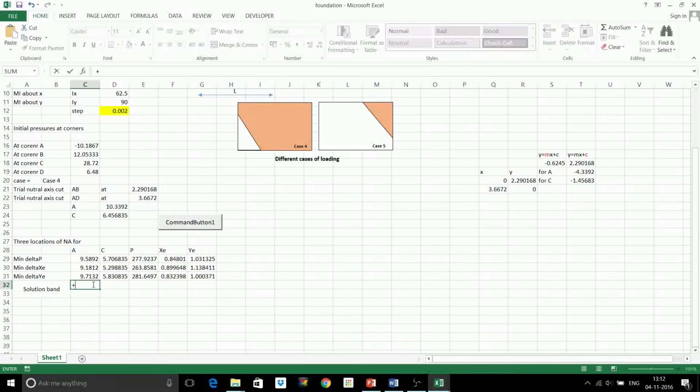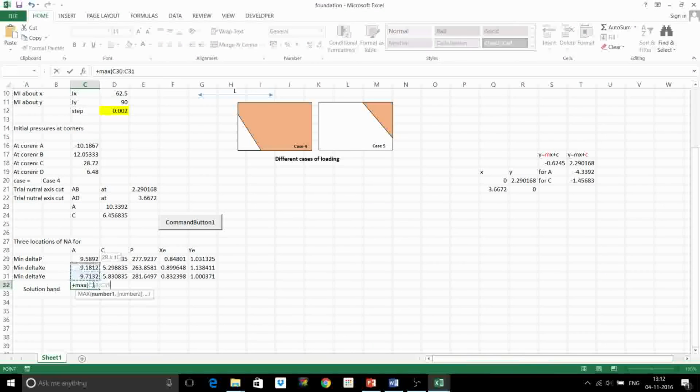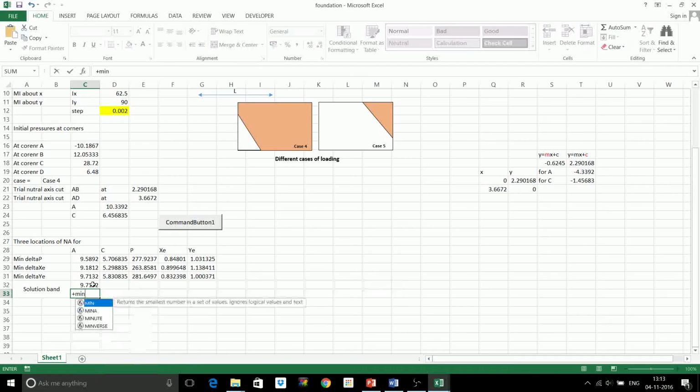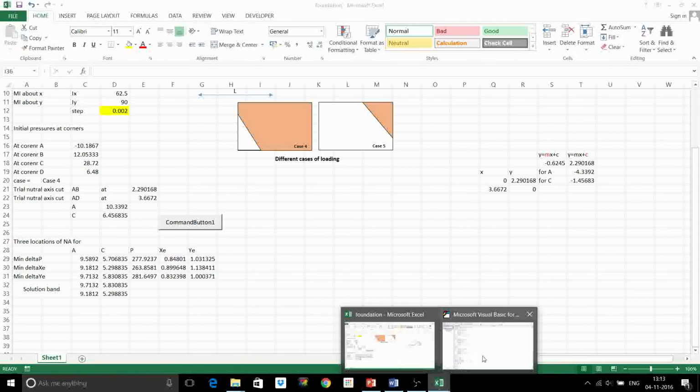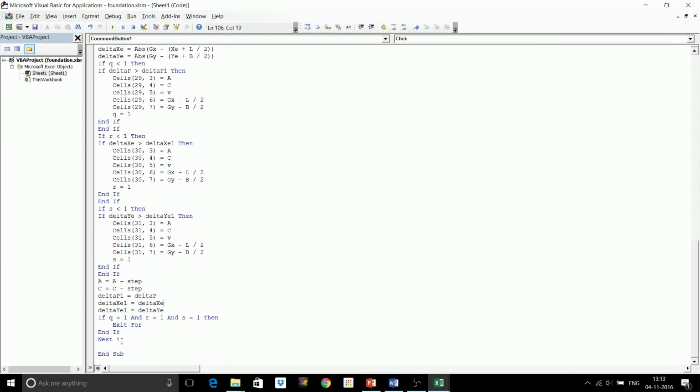And minimum. Okay, similarly I will copy for C also. Here, for the second iteration,